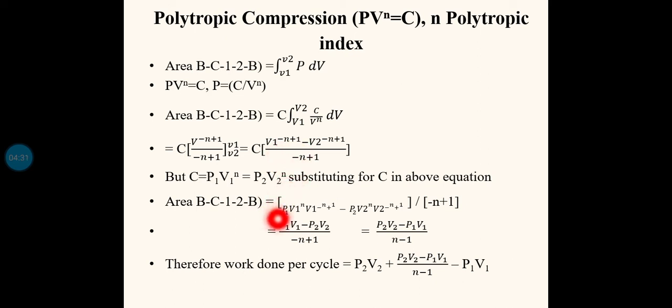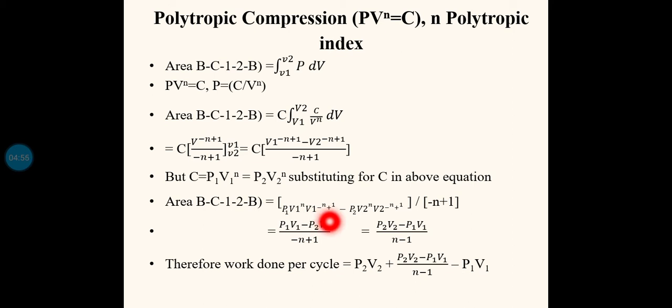So instead of C, I am substituting P1 V1 raised to N into V1 raised to minus N plus 1, and along with the second term, instead of C I am substituting P2 V2 raised to N into V2 raised to minus N plus 1, all divided by minus N plus 1, that is this minus N plus 1. Now you can see P1 you keep it here. The second term is V1 raised to N, next term is V1 raised to minus N